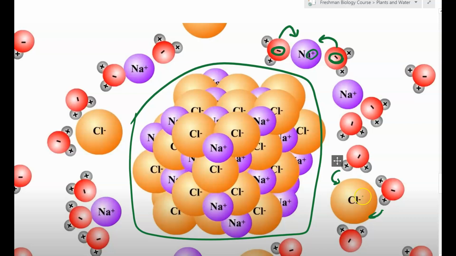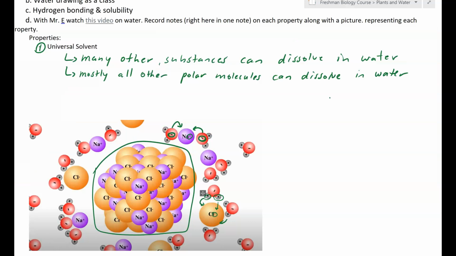Same thing with the chloride. The positive ends of the hydrogens on the water molecules are going to be attracted to the negative ends of the chloride ions, okay? And that's going to start to pull them apart, again, making water what we call the universal solvent. Mostly all other polar molecules, things like sugar and things like sodium chloride, are able to